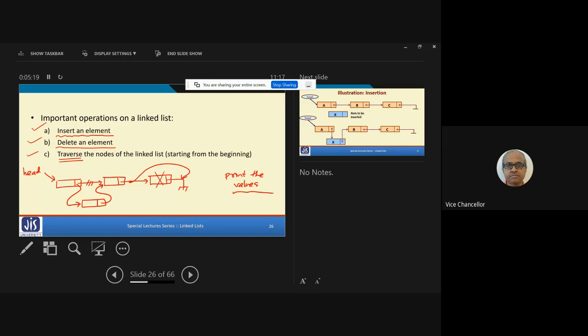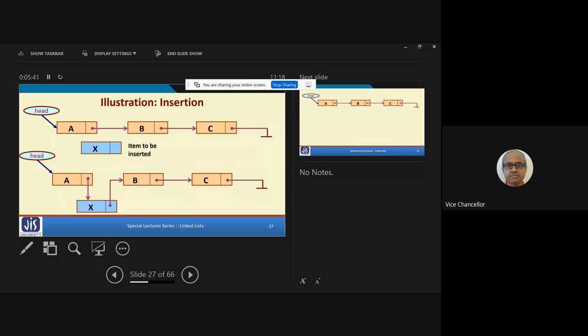This is what we mean by traversal. Now let us explain the process of insertion and deletion before actually going to how to write the corresponding C functions for them. Okay. Let us look into the problem of insertion first. I had just showed a diagram. So I have a diagram in the next slide.